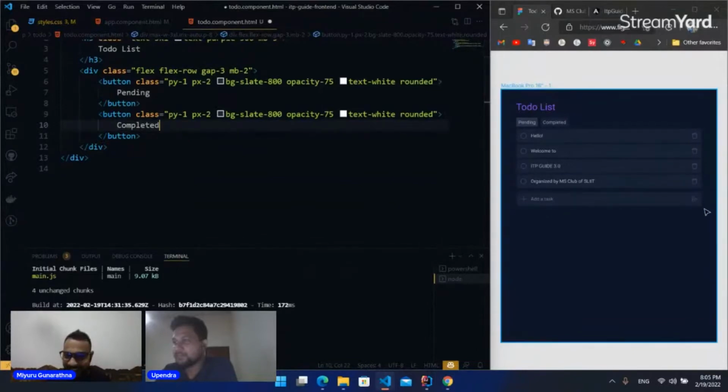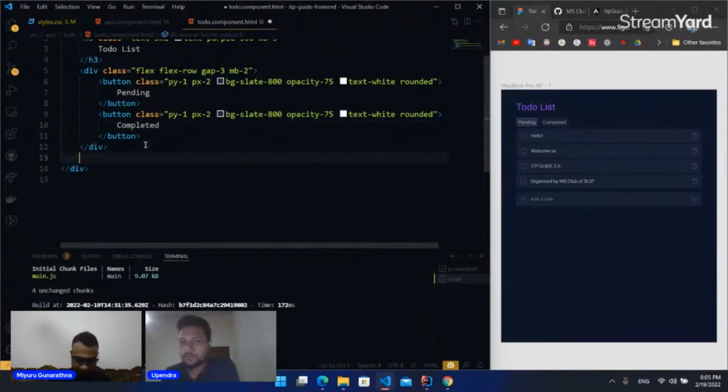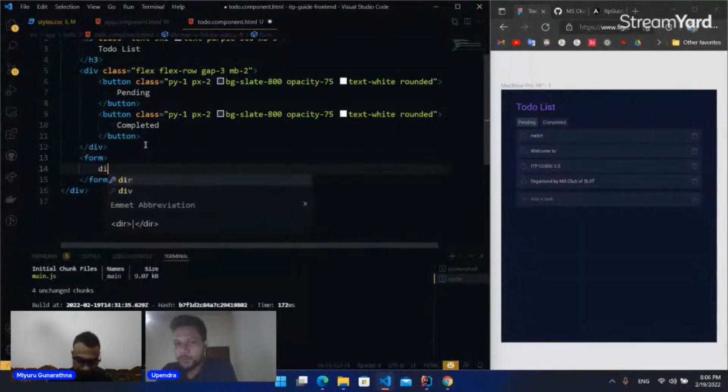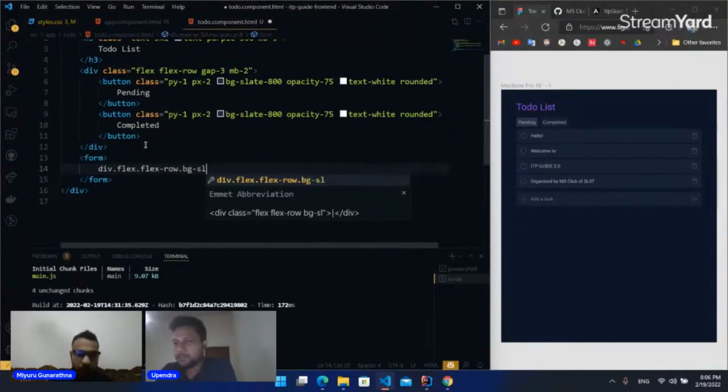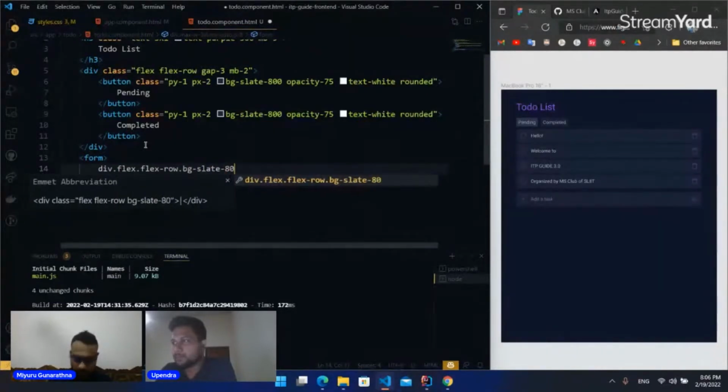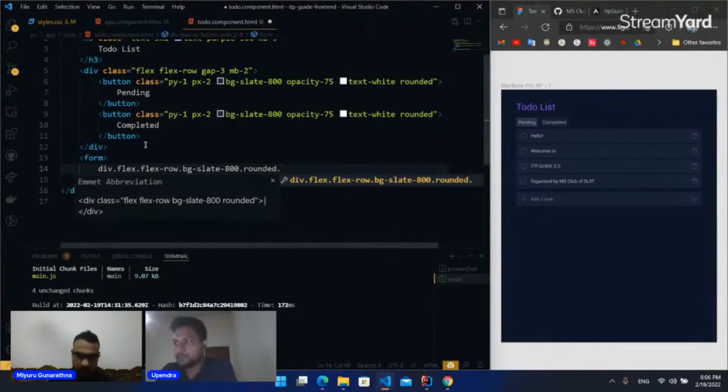Now I will create this add button. So to do that I will need the form, and I don't need this action, and inside here I will wrap all things in div, and I will use flex, and the flex direction as row, and the background will be slate, and the border radius will be rounded, and the content is justified